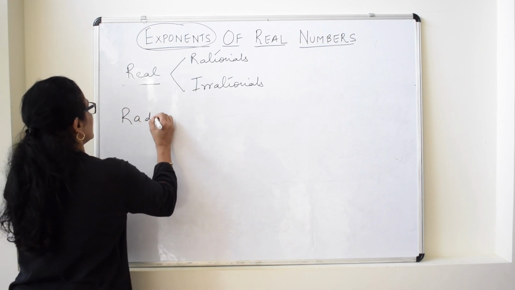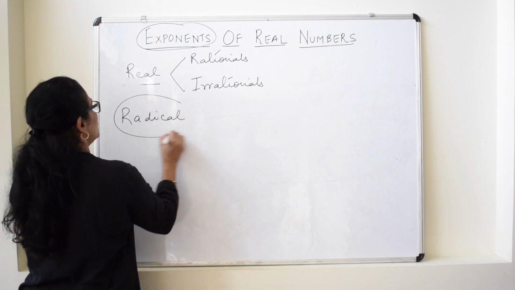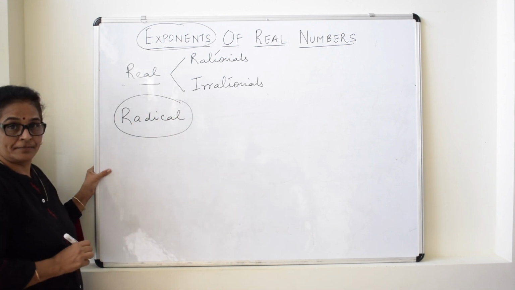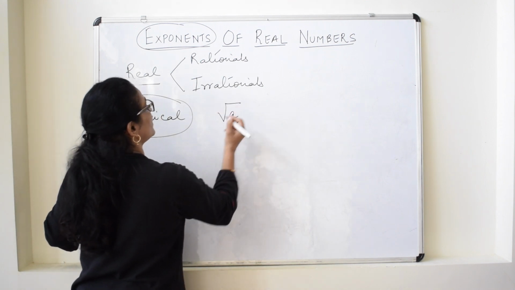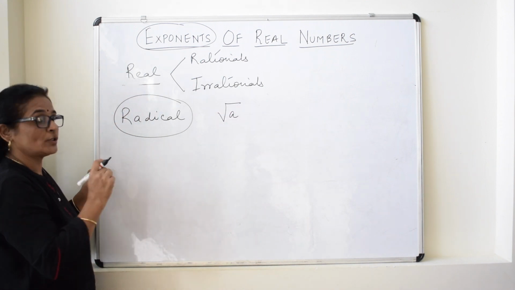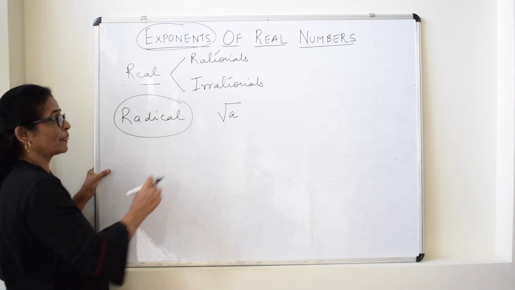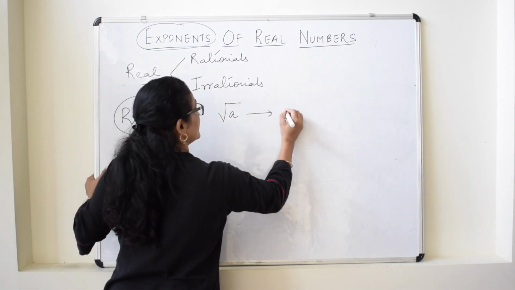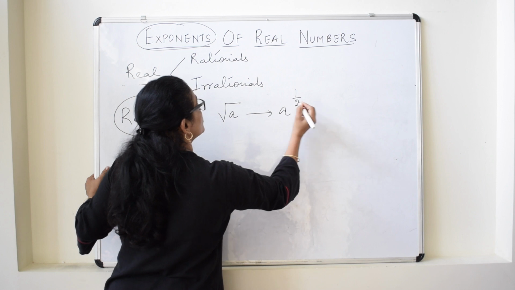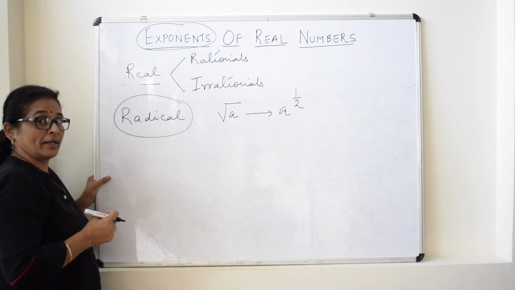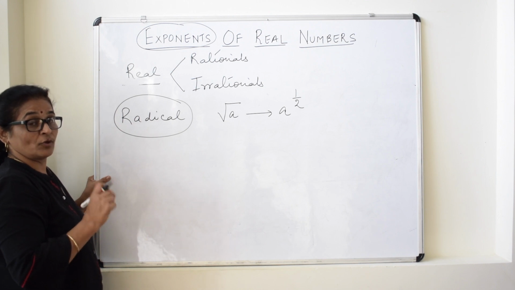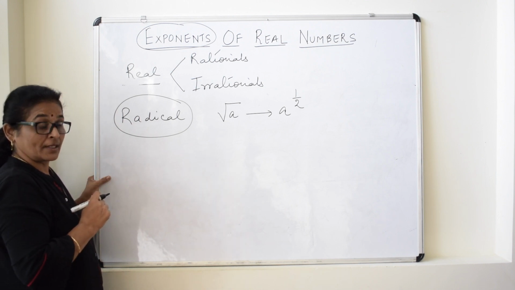When the power is a rational number, we use the word radical. For example, if I say under root of a, or it is also said square root of a, the meaning of this is a to the power of 1 upon 2. So if those same laws that we have applied for integers, we want to apply for rational numbers, then